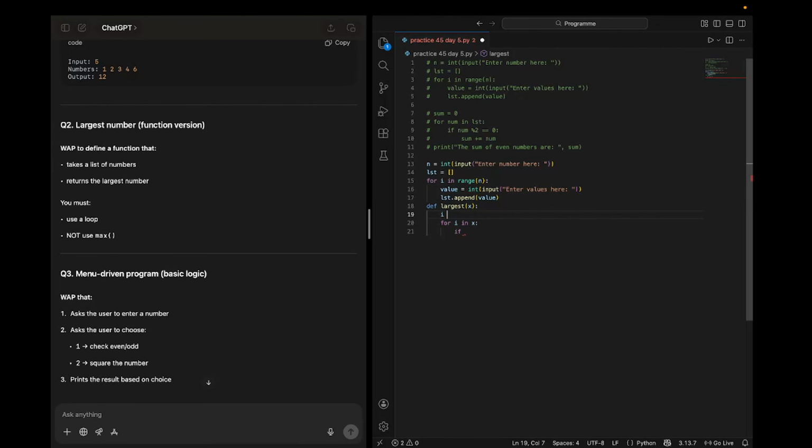I equals to x 0... no, I not equals to x 0, I equals to x 0 if I